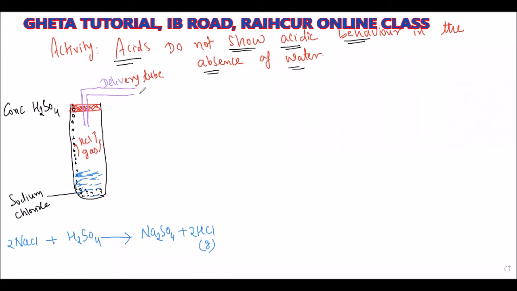So what we have to do here is bring one litmus paper. Which litmus paper will you bring here? Blue litmus paper. Here HCl gas will be produced, and it is dry HCl gas. If it is not dry,